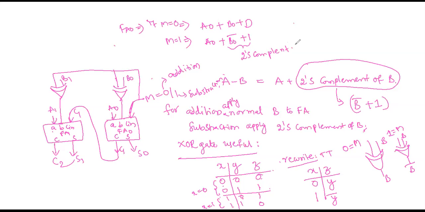So in this way, using the XOR gate and full adder, you can design the adder subtractor. This is not our normal process, where with logic gates you go step 1, step 2, step 3, step 4. But here, they ask you to design using a full adder, then you have to think.